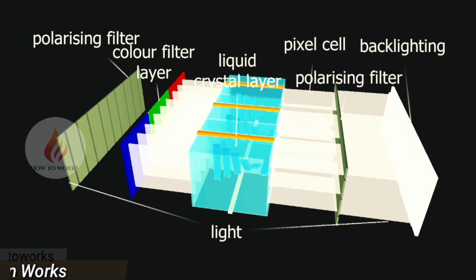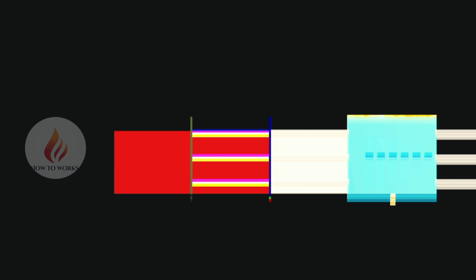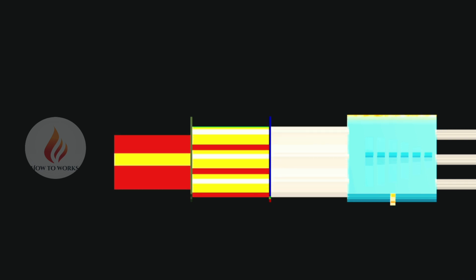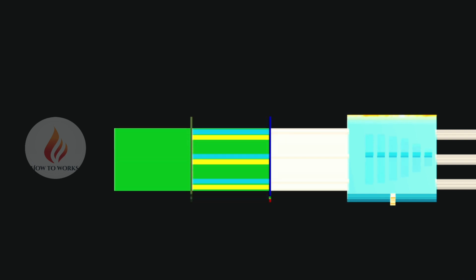An LCD panel typically consists of more than 1 million pixels. Each pixel contains 3 subpixels, or cells, which look red, green, or blue because of the color filters. The cells can block the background light or allow it to pass through, depending on whether they are electrically charged or not. The electric voltage is generated by the electrodes, arranged in a way that allows each cell to be